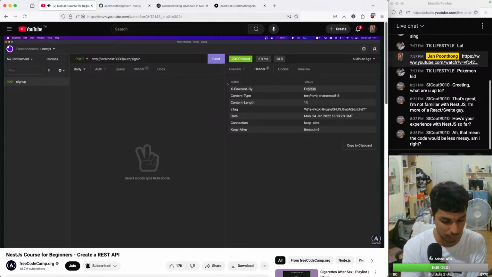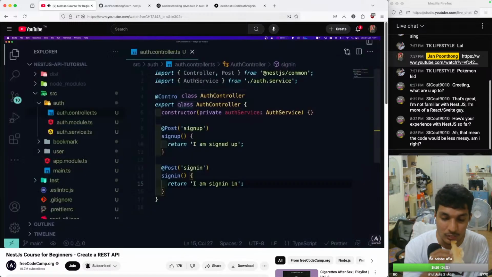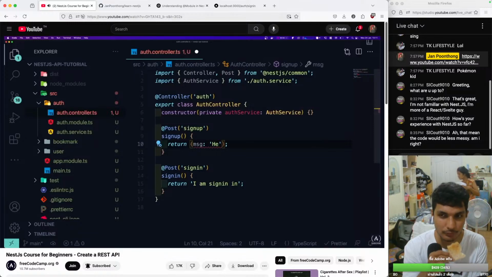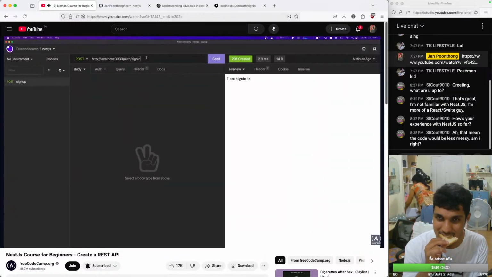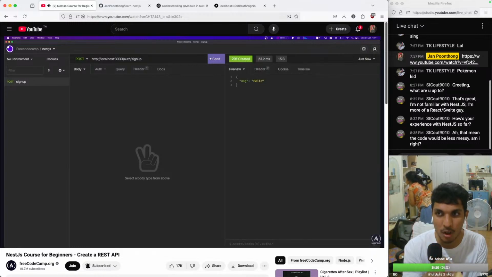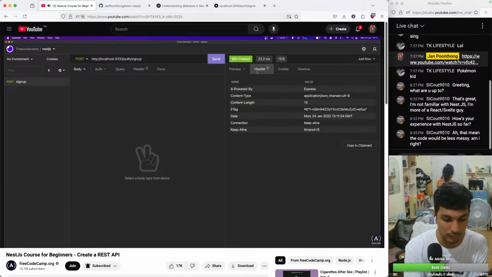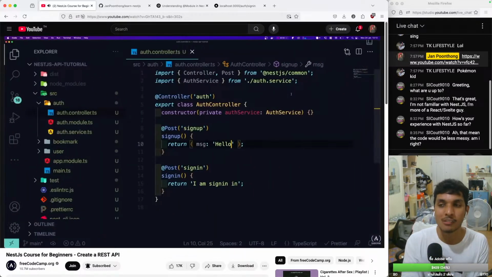One other thing that is very interesting is that Express has sent us a content type of text HTML, right? So this is a text. Nest.js will automatically convert the data type based on the return. So here it's a string. If I send an object, for instance, message hi or hello, and we send it to sign up, we now have an object, and the header is application/json. So that's very handy. You don't need to worry about sending the right data type. Nest.js will do it for you. Let's go back to our app and let's create